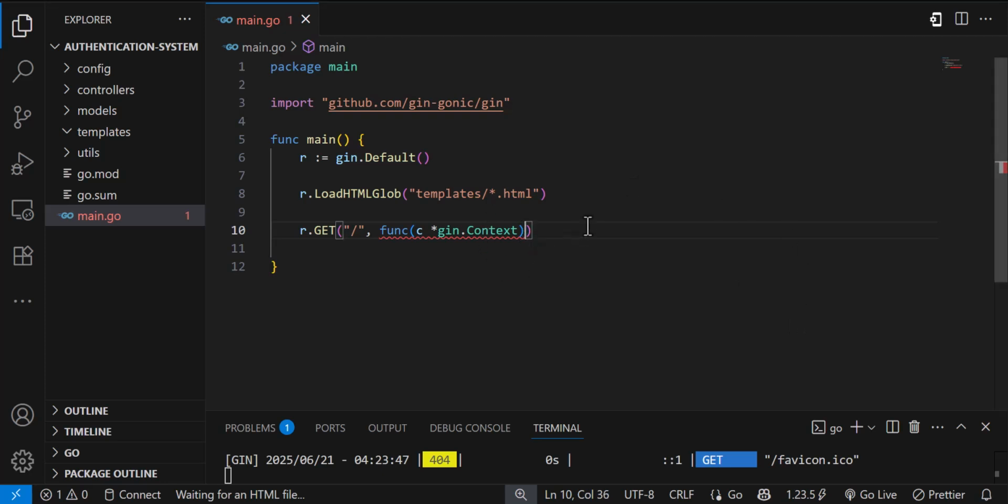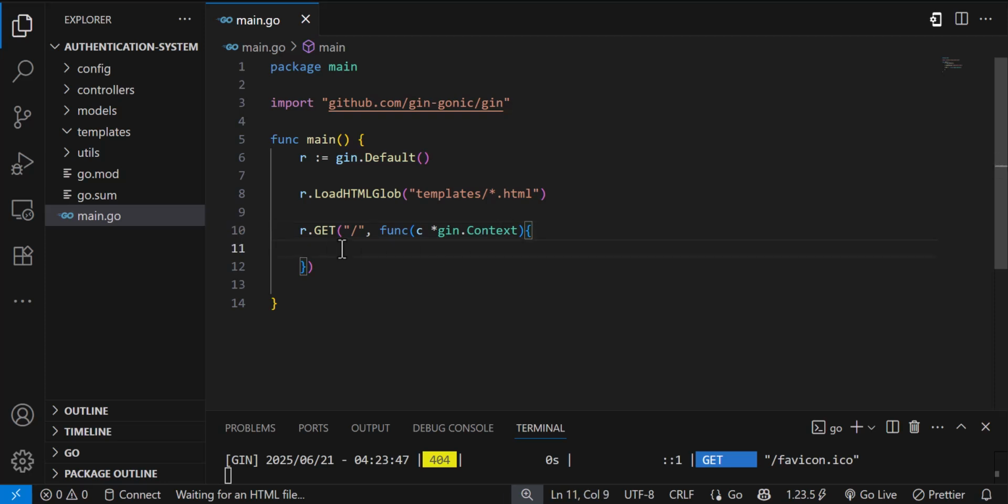Then after that, we enter into this function that we have created over here. So you bring your cursor over here, then we'll do a curly braces. Good. Then inside it, now we are inside this function where we are going to use the gen context. Good. So now there is a method in the gen context called HTML, meaning that if you are loading an